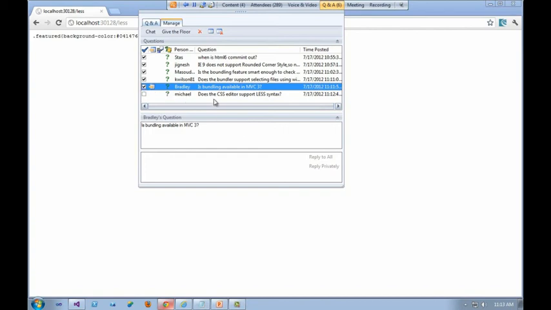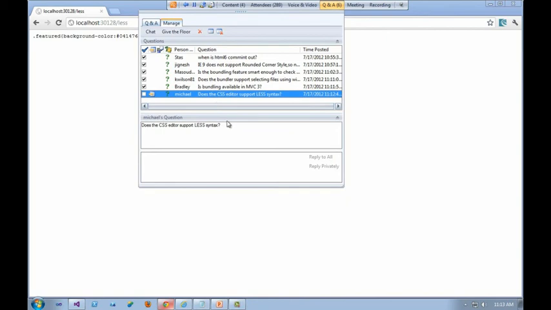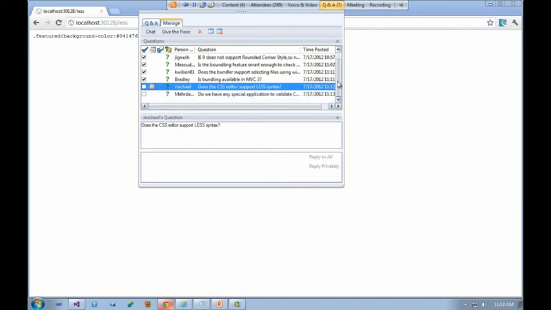Then the last question is, does the CSS editor support LESS syntax? Currently it does not. That's also a perfect segue for one of the last points that I wanted to make, which is in the next versions, vNext, of everything. So all the new stuff that we have released, which includes MVC4 and Visual Studio 2010 or 2012, which you have seen me using. In 2012,